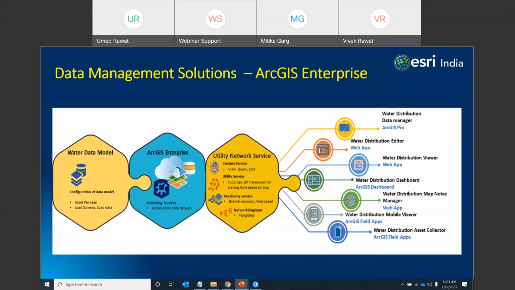If you have Enterprise, you can easily explore these solutions. It will also enable the capabilities of the utility network, which is the core function of the network systems, and which will enable a lot of capabilities which we have discussed in the very first slides, like we can have a service-based architecture, a complete capability of network diagrams, versioning, all the business rules, attribute rules, and the tracing capabilities. So this is a sample, where you need to establish your own database and your own infrastructure, and then you can deploy and explore these solutions.